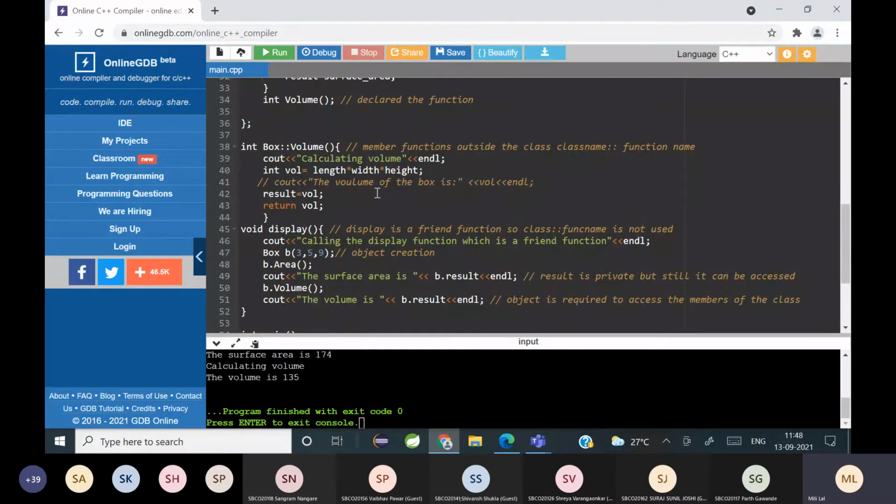So can somebody tell me the difference between a friend function and a member function? What are the differences between a friend function and a member function? It's there on your screen. Go on. You want me to call somebody out?